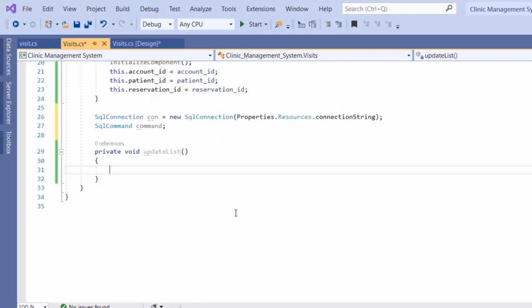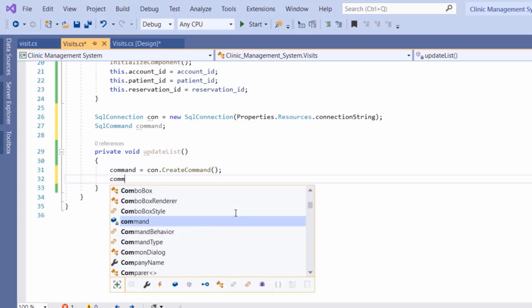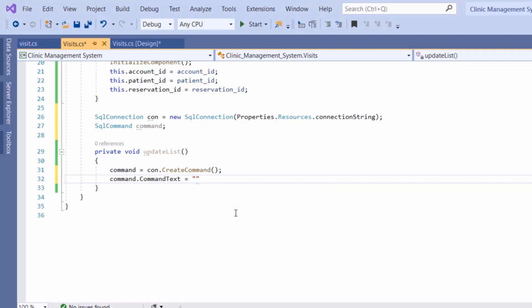And in UpdateList, we're going to want to call command is equal to con.CreateCommand, then command.CommandText is going to equal to. So this is actually going to be a big query. So let's get started with it. So we want to get the visit ID, the patient name, simply all the parameters that we're going to pass into the constructor of our visit class. So we want to get visit_ID, patient